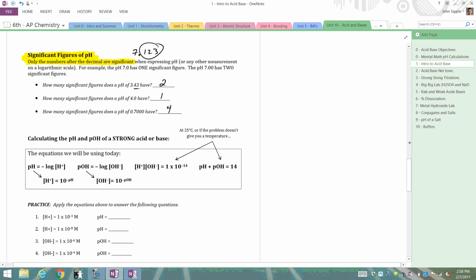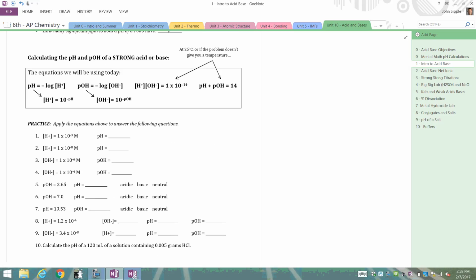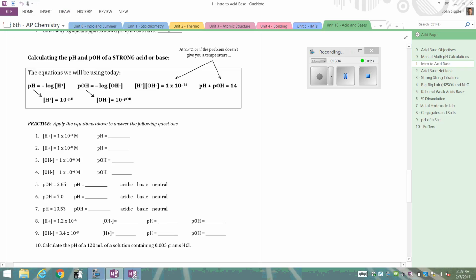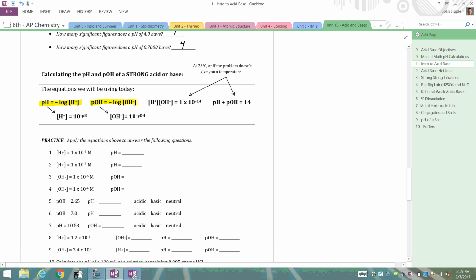Okay, so review of calculating pH and pOH. Here are your formulas. And something that's really nice about these formulas is that all of these formulas that I'm highlighting right here are all listed on your yellow sheet. So that's really nice to have. The ones that will be helpful to you are these 2 right here as well. And you just have to remember that we can go back and forth